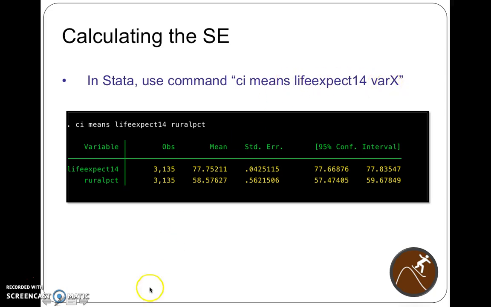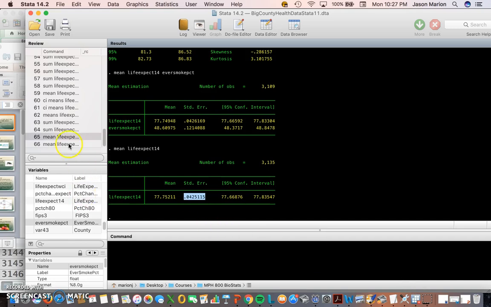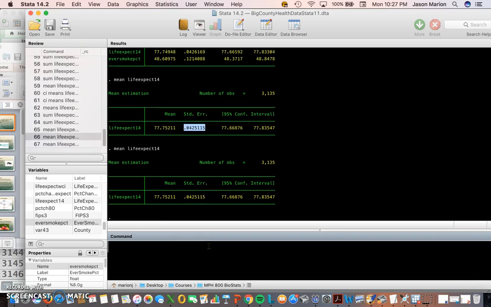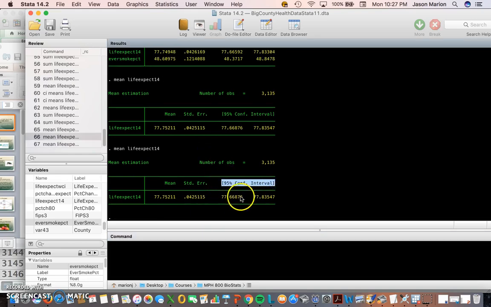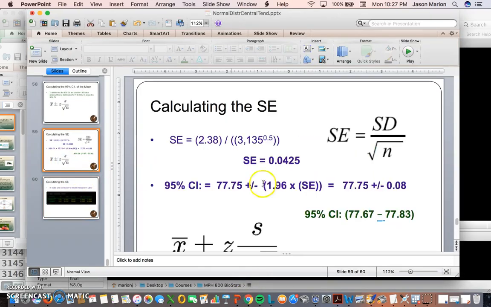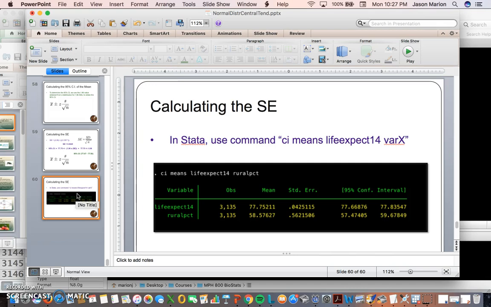You may also be able to use Stata and just type in mean life expect, as we see here, and that gives us the confidence interval of 77.67 to 77.835. The same numbers that we got when we did it here, except for this is 8.3 versus 8.35 due to rounding. Pretty easy to do,